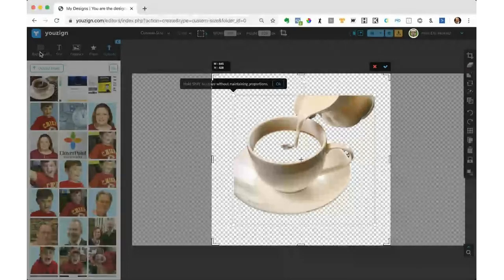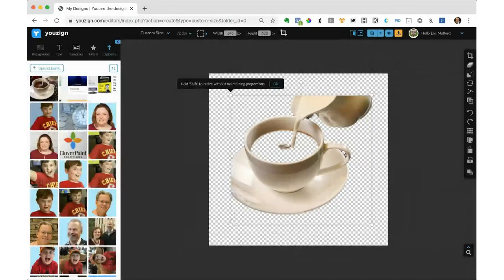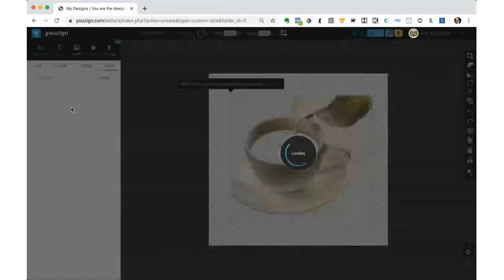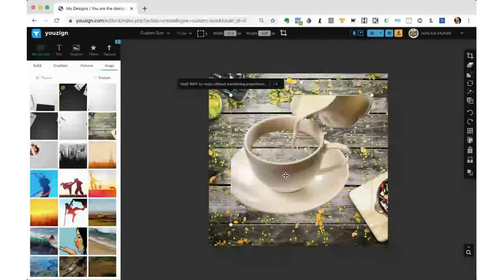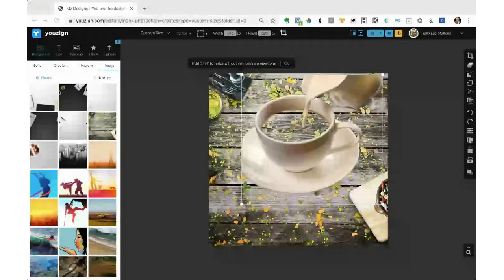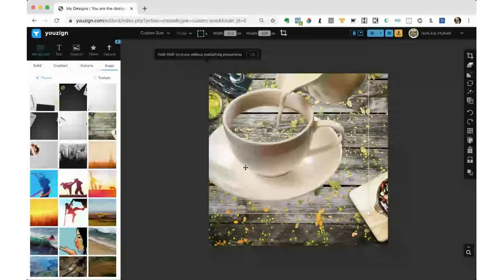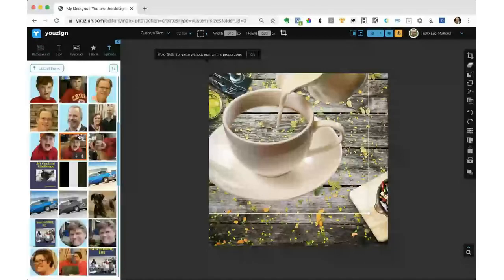So I'm going to go over here to the background tool. Oh, forgot to do this. Go over here to the background tool. Grab an image for a background. Right there. All right, you with me so far? I would probably want this to be like that. Okay, y'all got that? Now I can go back over here to my uploads and see if I can find